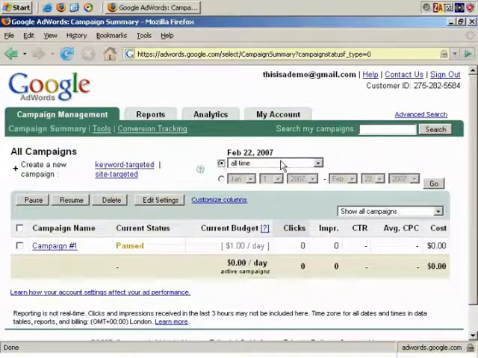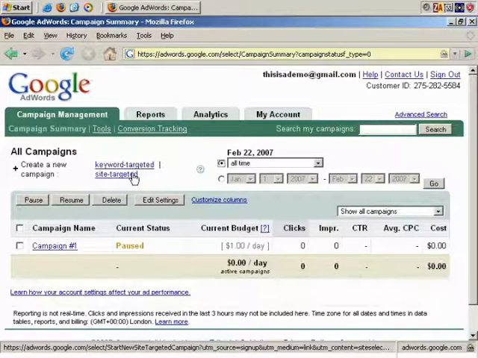For now, let's just click back on All. If you want to create a new campaign, you click here, Create a New Campaign. You choose whether you want a keyword-targeted or site-targeted campaign. We'll cover this in much more detail later, but in a nutshell, keyword-targeted, where you choose the keywords you want to have your ad appear with, is the most